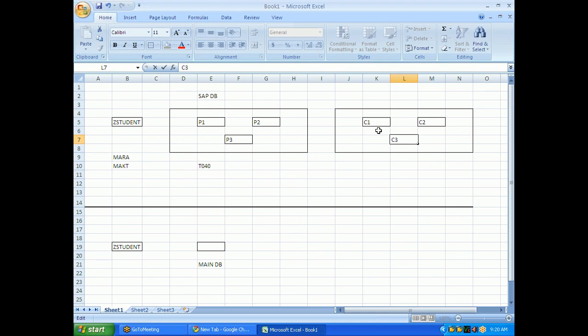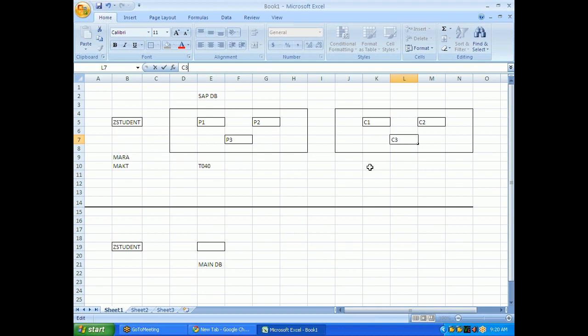The source code may be 1000 or 2000 lines, so that data will be stored in the cluster table. The program data, or any data which is very big and bulk in volume, will be stored in cluster tables.